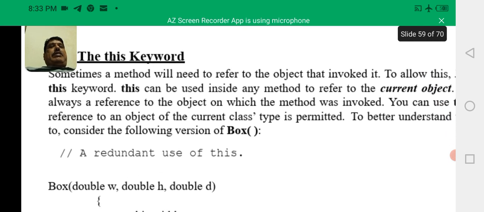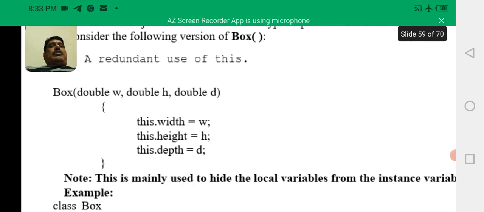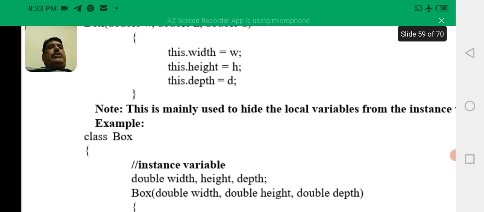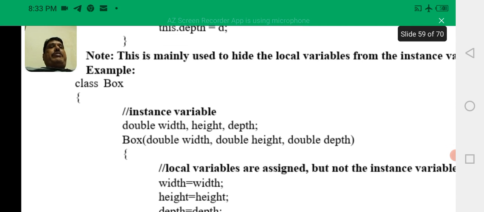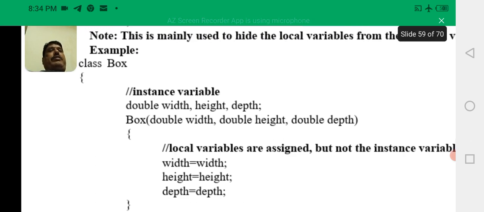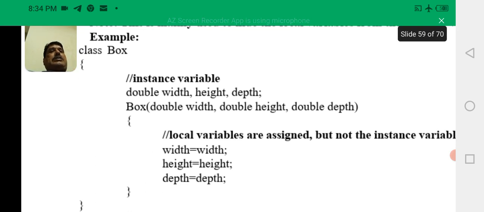And the this keyword. When we define constructors, the this keyword is used to distinguish the variables defined in the class from the parameters defined in the constructors. Suppose we have in a class instance variables double width, height, depth, and the parameters of the constructor Box are double width, double height, double depth.